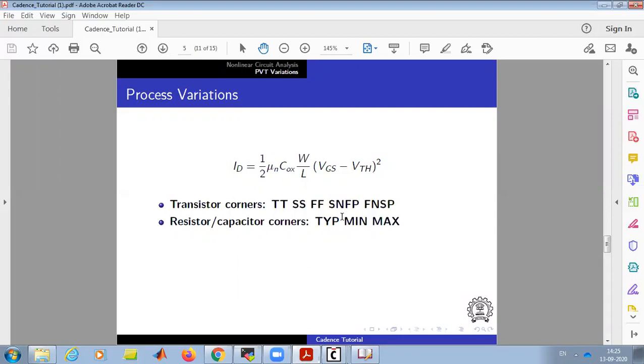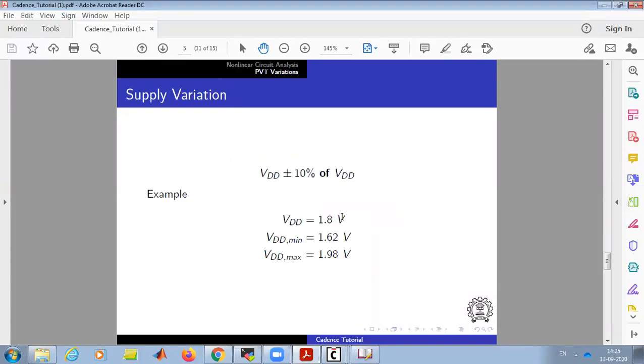Typical is whatever the nominal resistance is. Even resistors are made using a similar process: we dope n-type resistors to set the resistance. Similarly for capacitors. So while designing anything on chip in IC design, we take care of all these variations, what we call process variations.